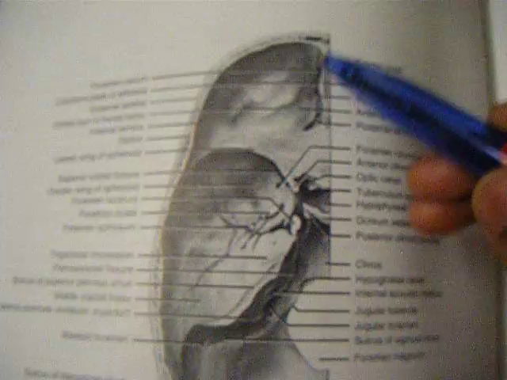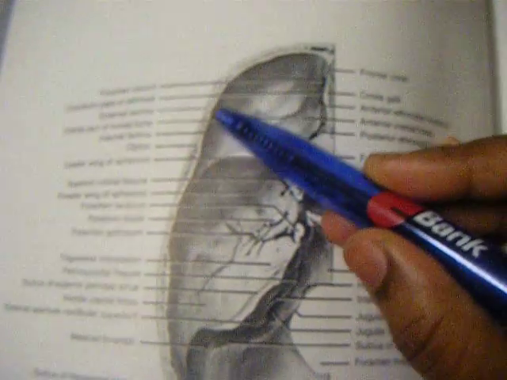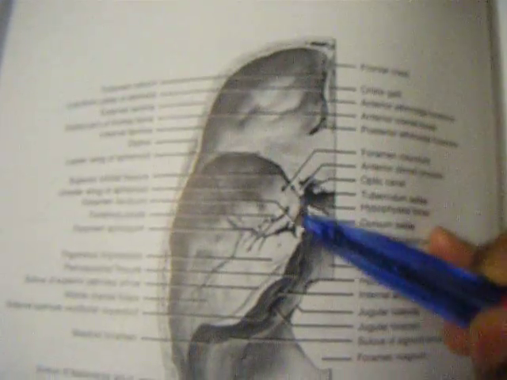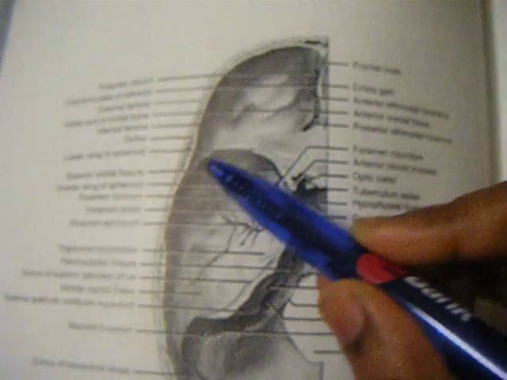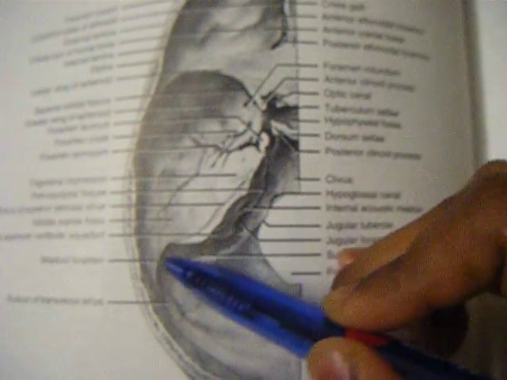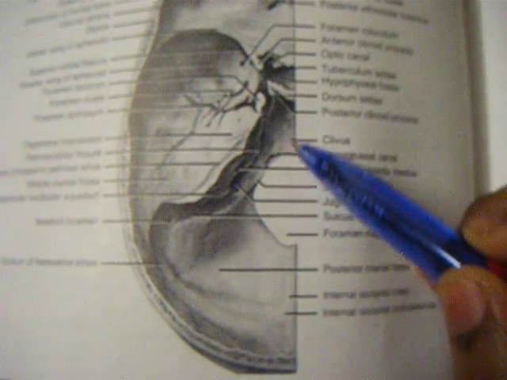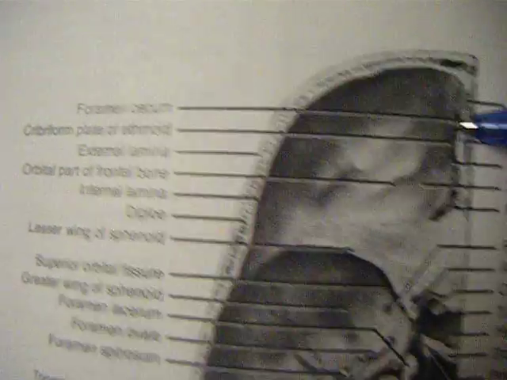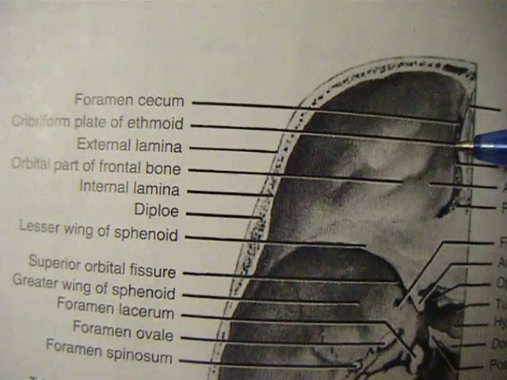So you can see here, this is the anterior cranial fossa. This much is your anterior cranial fossa. This much is your middle cranial fossa. And this much is your posterior cranial fossa. You can see the contents here. Okay, foramen cecum, cribriform plate of ethmoid,